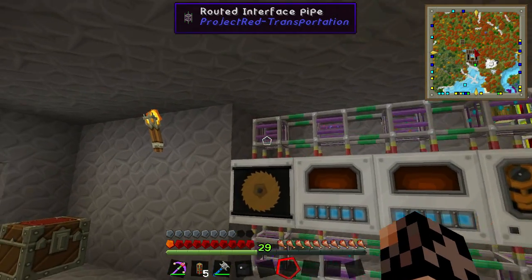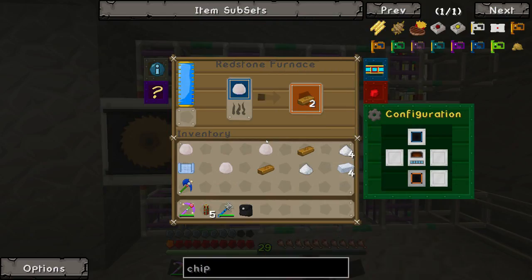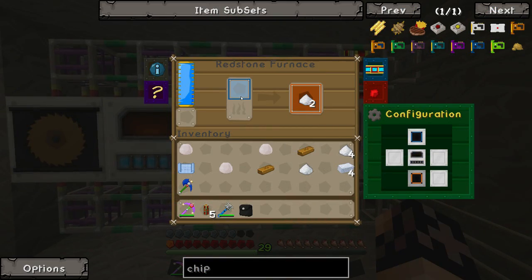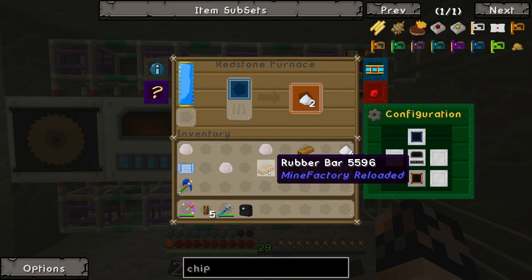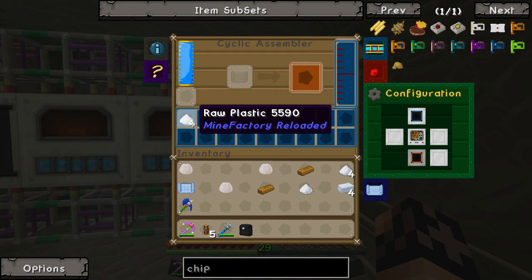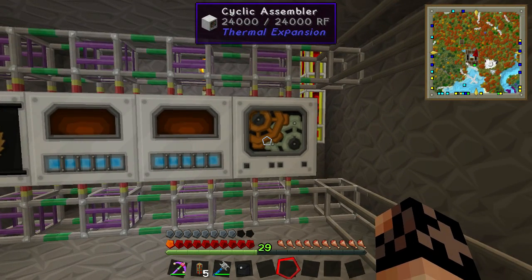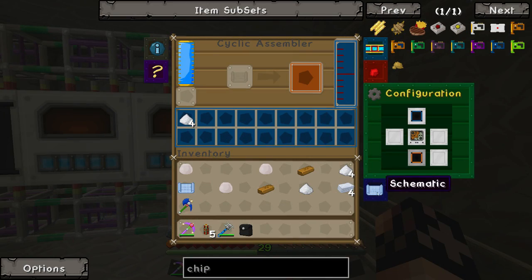So these stockkeeper chips are going to make sure there's always 1 raw rubber in here, there's always 1 ball of glue in here, there's always 1 rubber bar in here, and there's always 4 of this raw plastic in the assembler. Now, the last thing we need to do is, if we go down to our